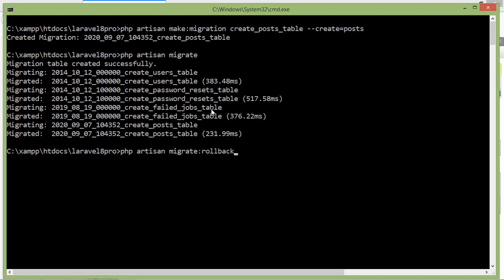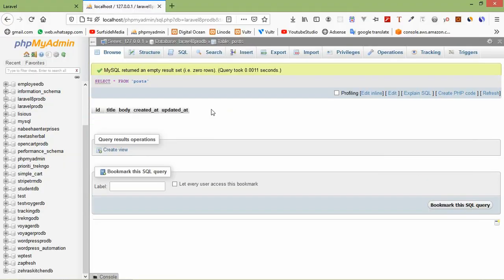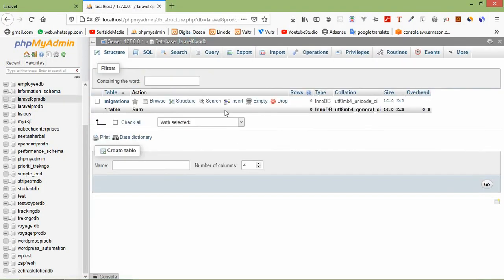Okay, now press enter. Alright, now switch to phpMyAdmin and just refresh the database. And you can see here only the migrations table is here. Okay, and other tables are removed from here because of the rollback migration command.